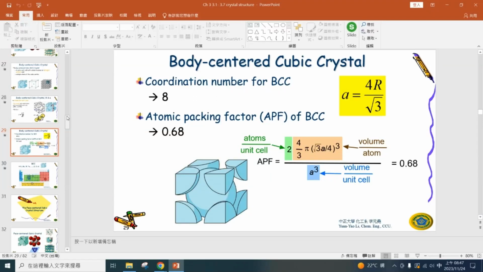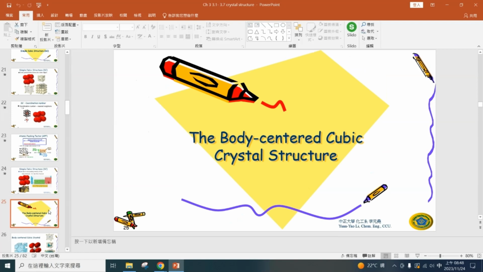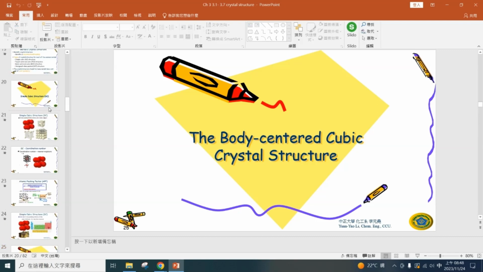So first of all, welcome to the lecture of the material science. Today we are going to talk about the crystal structure in chapter 3, and as usual, let's have a quick recall about what we have learned in the previous lectures. In the previous lectures, we learned